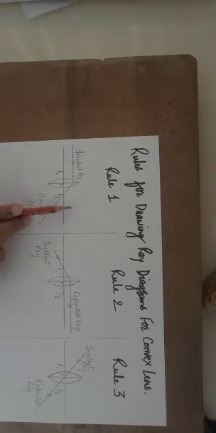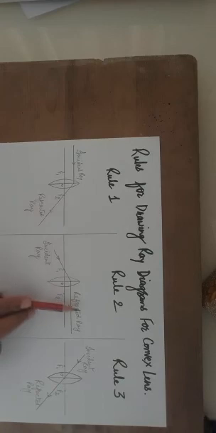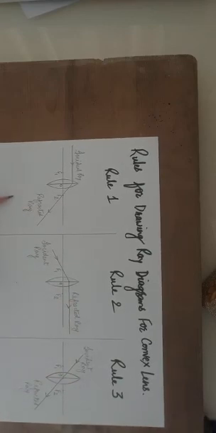All these diagrams you will draw in your notebooks. The previous two, that is the principal focus for convex and concave lens. Then you will draw the ray diagrams for the rules, all the three rules. Along with the ray diagram, you will write down the rule. The rule is given on page number 82 of your textbook. And after drawing the ray diagram, then you will note down the rule in words. So this is what you will repeat for rule 2 and rule 3.